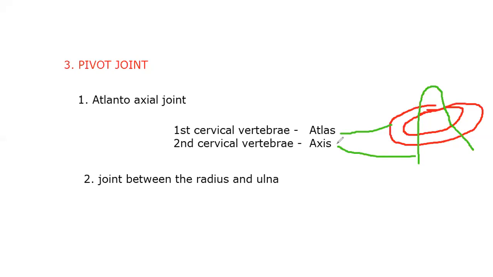This is the head which is there above the atlas, and then this is the vertebral column. That means the axis enters into the atlas, so the atlas is rotating on the axis. This ring-like bone is rotating on this axis. And who is there above the atlas? The whole head is there. So simply, like this you are rotating your head, and you are rotating it because of this joint only, the atlantoaxial joint.